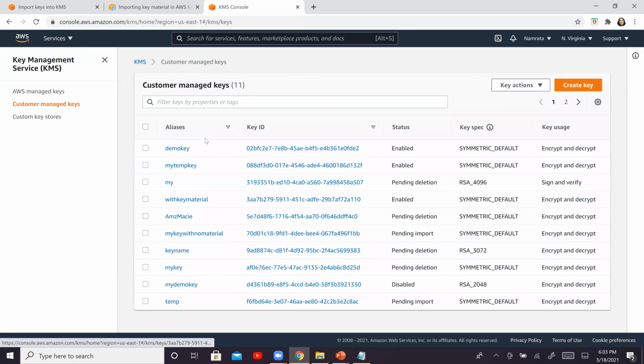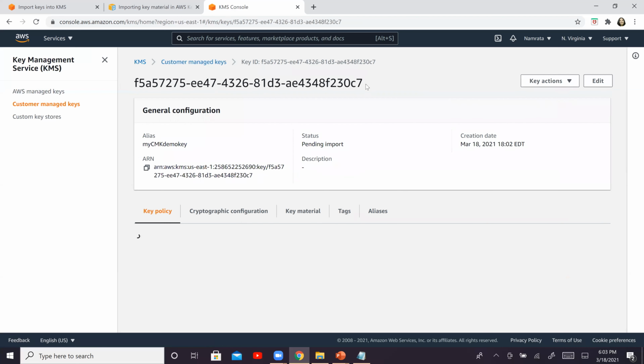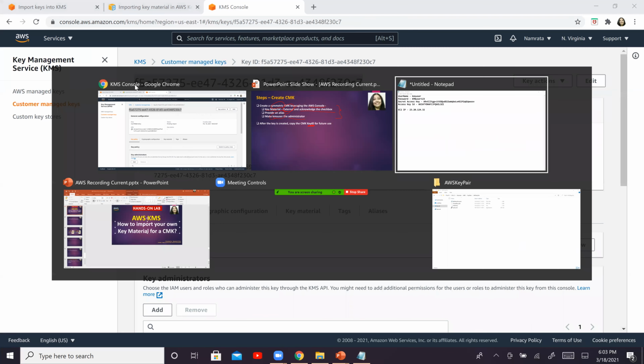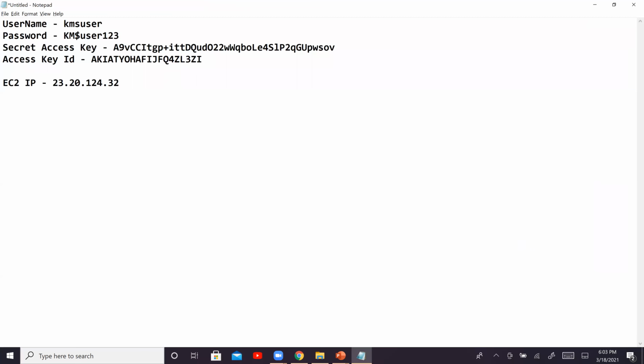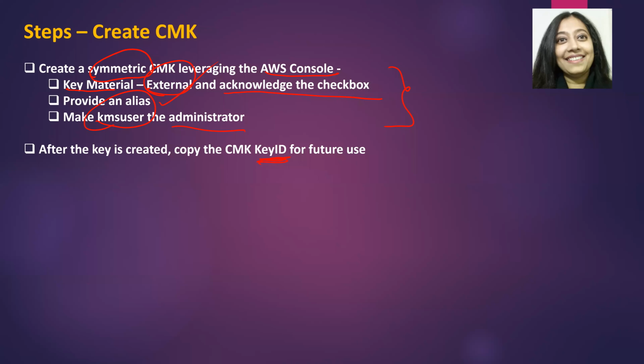In my CMK, where is my key? Right here. That's my key. This is the key ID. So go ahead and copy this particular key ID and paste it here, key ID. Okay, so we are good. And we have completed all of these steps.